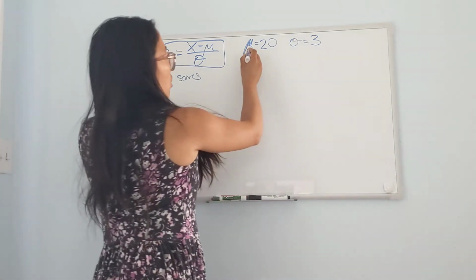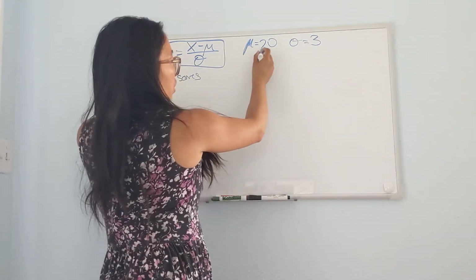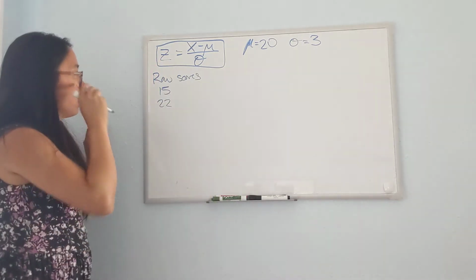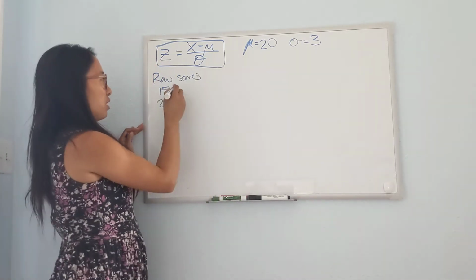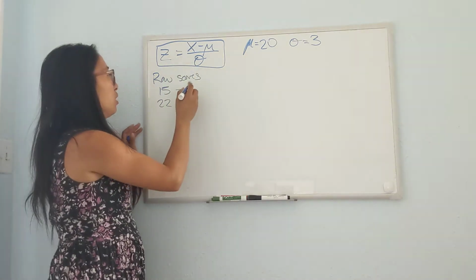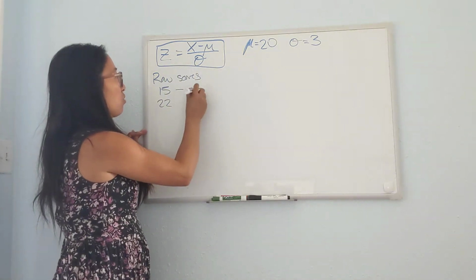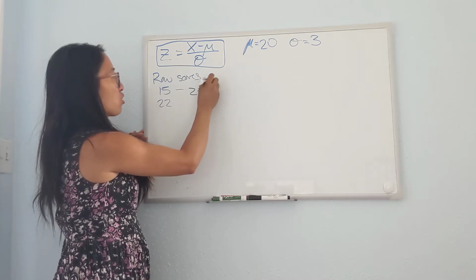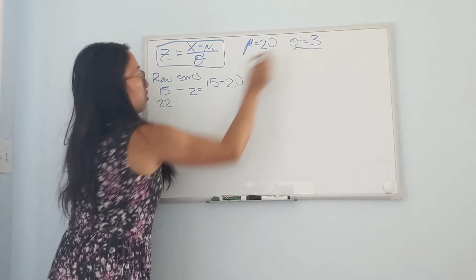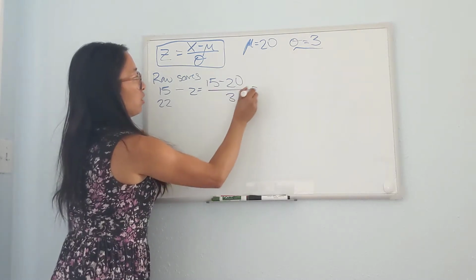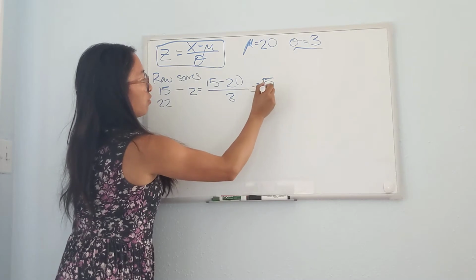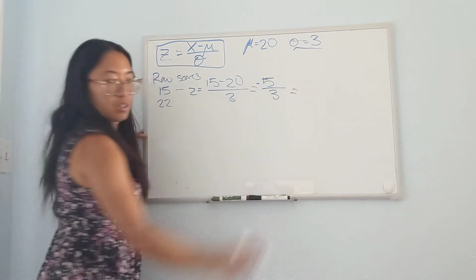Okay, so I wrote down for the problem, we're given the mean is 20 and the standard deviation is 3. So for a raw score of 15, to find the z-score, we just have to plug into the equation. So the z-score will equal 15, which is our raw score, minus 20, over the standard deviation, which is 3. So that would be negative 5 over 3,